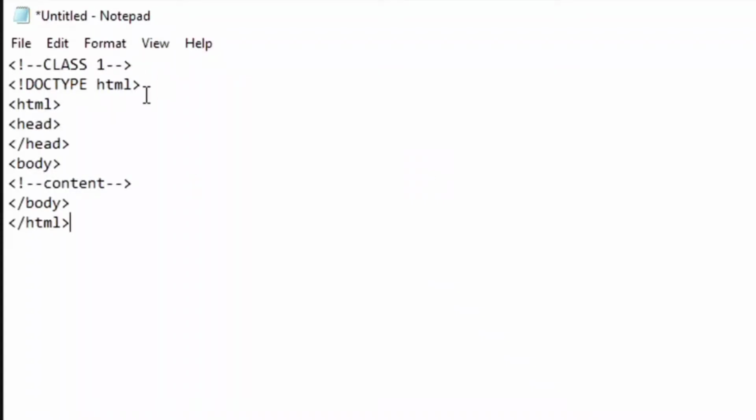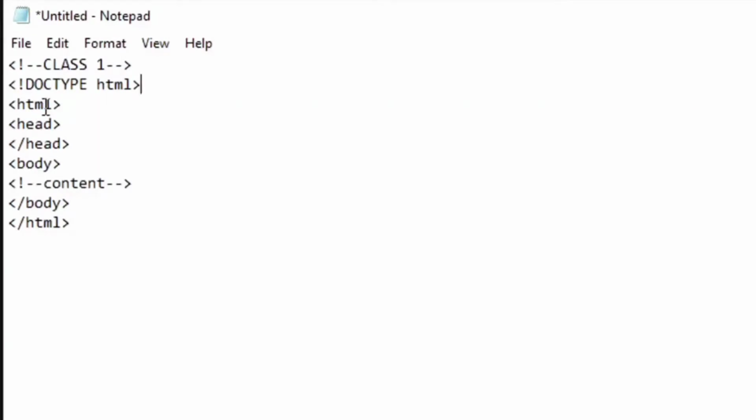So this first line, the doctype HTML. This doctype HTML defines the document type. You can see in comments also we are using the same thing, and in doctype also it's the same thing. But in comments we are going to be using these hyphens as well. So that's a comment. This doctype instructs the browser that this is HTML5. Okay, that is the version.